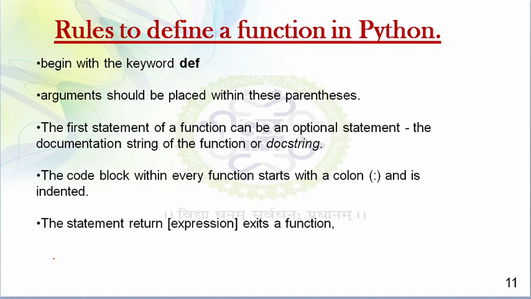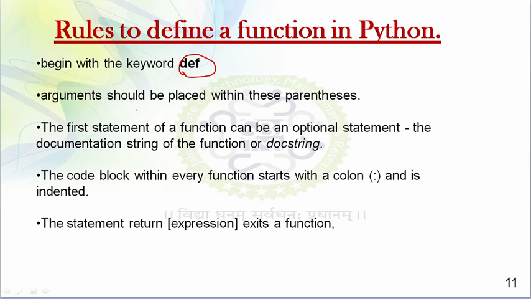So my Python definition basically starts with the keyword def that marks the start of the function header. So whenever I'll be writing the definition, my function will start with the def keyword. A function name is uniquely identified and it will remain unique throughout my program. So my function name, I have to define a function name. The function name also follows the same rules of writing identifiers in Python.